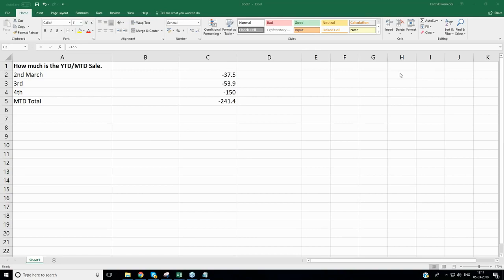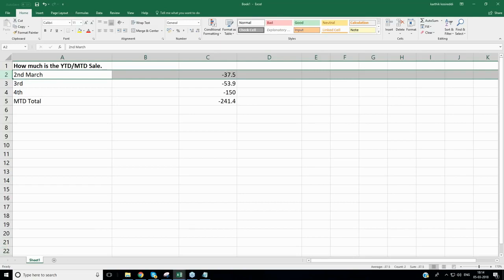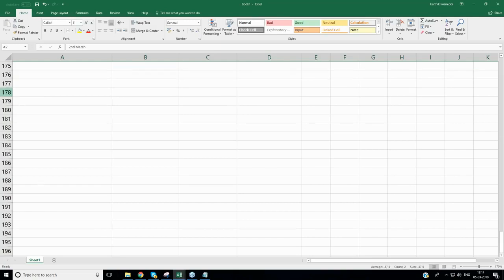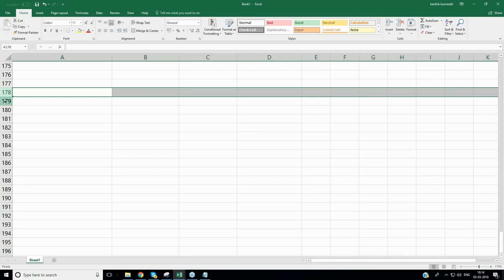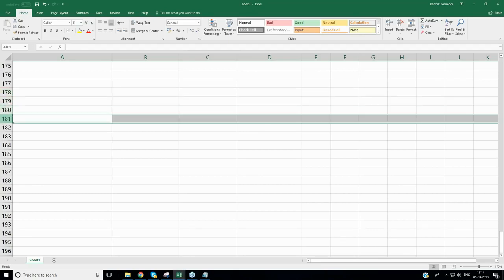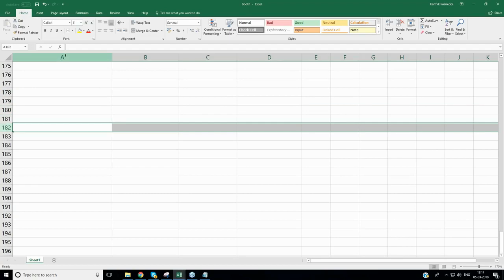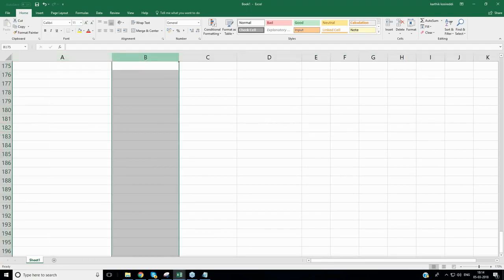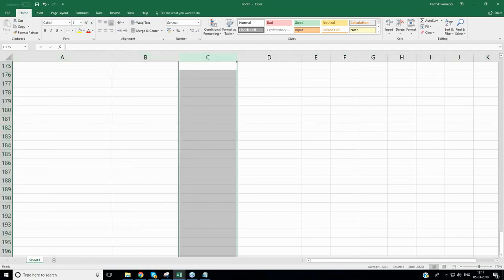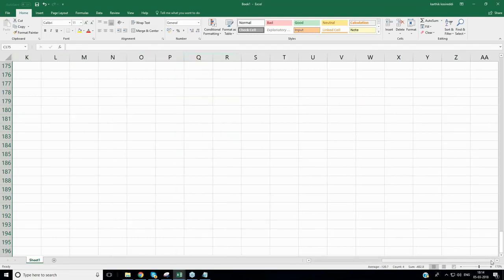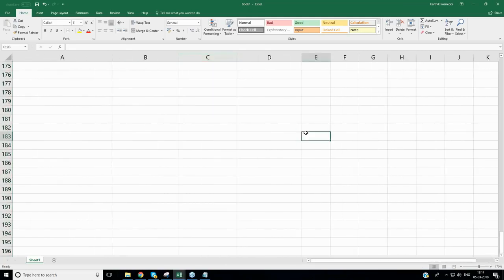That is the other differentiator. 1, 2, 3, 4, 5, 6, 7, 8, 9, 10, 20. These are called rows. One row, second row, third row, fourth row, fifth row, like this. Similarly, column A, column B, column C, all the way. How many? I don't know. Maybe 20, 25, 30, 40. I can keep adding. As I keep going, it will keep adding. So it does not limit you. As I keep adding, the rows will keep increasing.